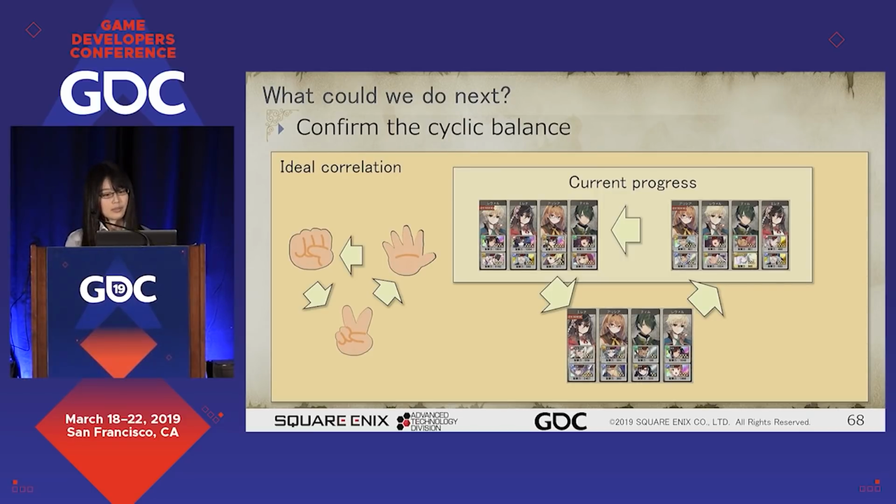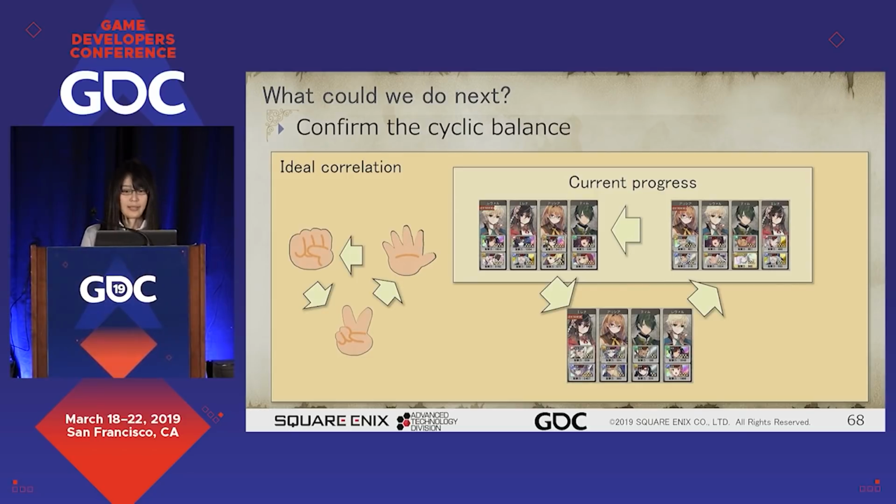Finally, I'd like to talk about what we want to realize in this feature. We believe that ideally, the balance of the game should be spiced up from time to time, so the strongest hero is always changing. To do so, we created a cycle in the correlation of party strength. However, currently, we have no tool to check if the changes we do to the balance of the game are in line with the cycle of party strength we are aiming for.